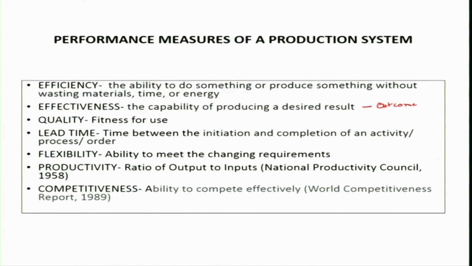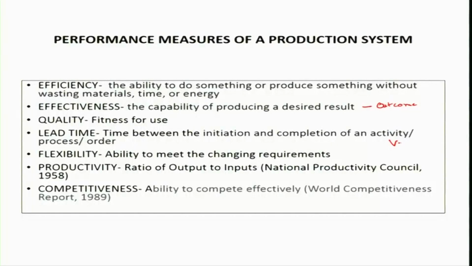You have placed the order, after some time you want to cancel it, or you want to add something, or there is more demand for a product, your system should be able to handle that. So, there are several types of flexibilities. At this stage I can only list a few, like volume flexibility. You should be able to increase or decrease the production rate without any additional cost on a per unit basis. That means the per unit cost will remain the same even if you add 5% more production or reduce your production rate by 5 to 10%.